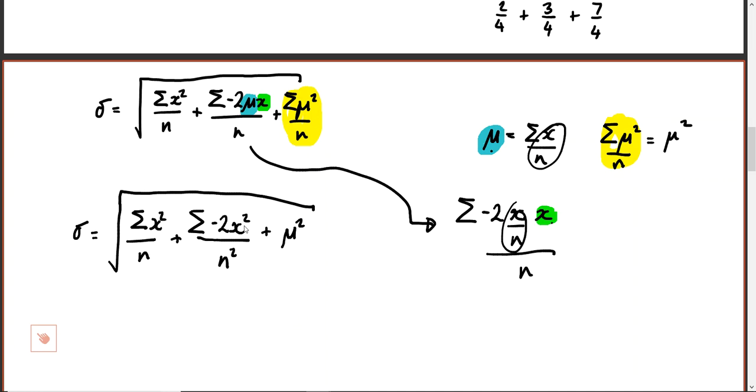So you have been told that mu has the same value as the sum of x divided by n. It's the same thing, right? Because what does mu mean? The mean. And how do you find the mean? You add all the numbers and divide by the number. The sum of the numbers divided by the number of numbers. So instead of writing the symbol mu, you just write what you did.